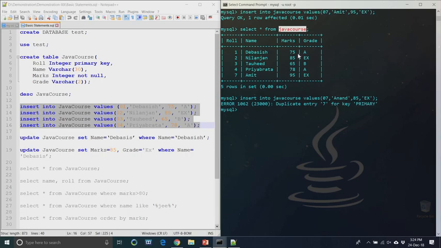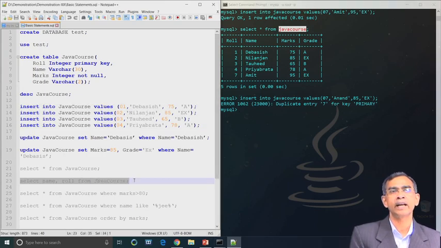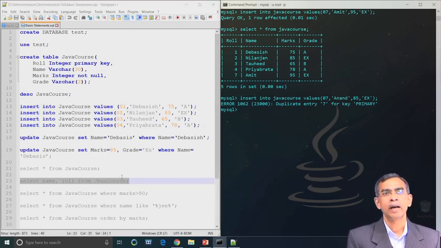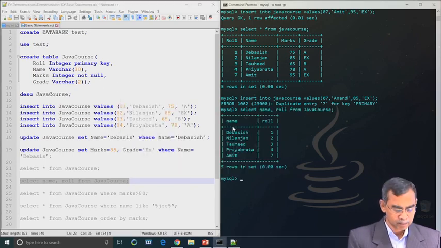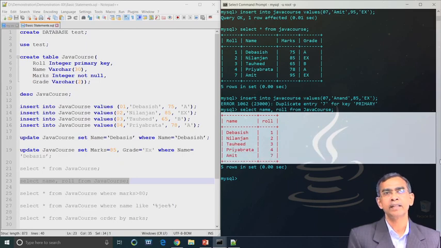So, this is the insertion command, and we have also learned about the select command, select star. Now, select star has different other nesting and conditional forms also. Here we want to execute the select command, select name, roll from Java course. So, not the entire table, but only 2 columns, namely name and roll number. As you see, name is first, roll is there. In the order you specify the fields, in that order it will get the data.